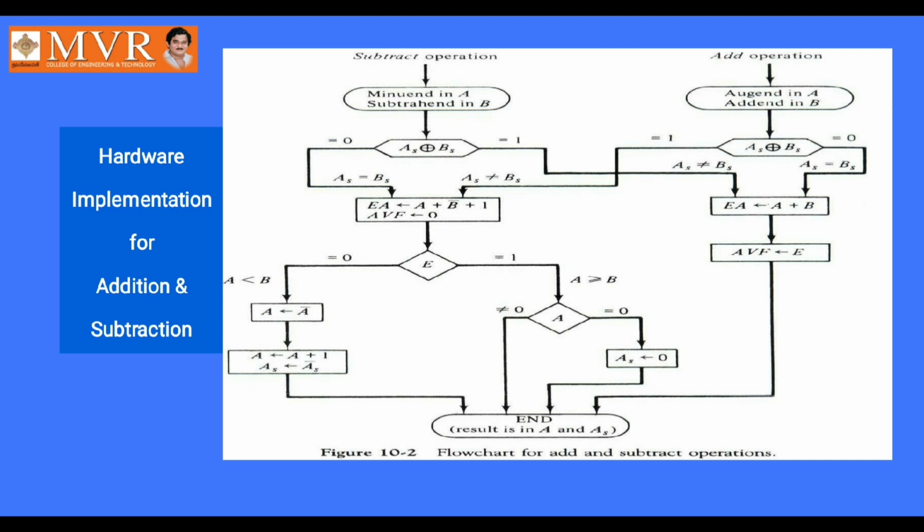We have explained this in the previous session also. After performing addition using the 2's complement method, if the end carry is 0, we convert it into the 2's complement and we put a negative sign. If the end carry is equal to 1, simply we discard the end carry, and we write the final result. So that is the way we are going to explain the subtract and add operations in a single flowchart like this.